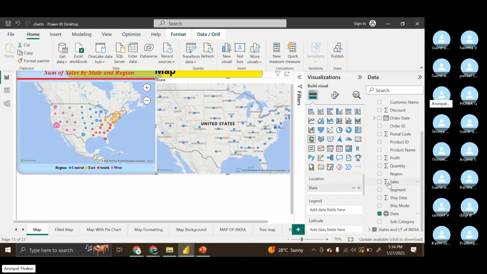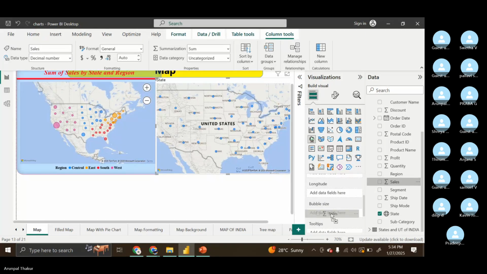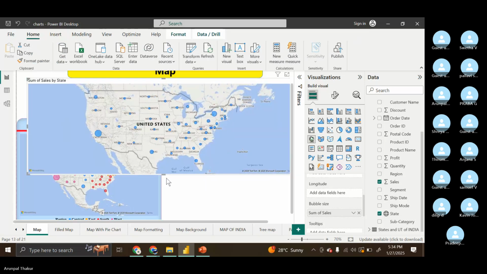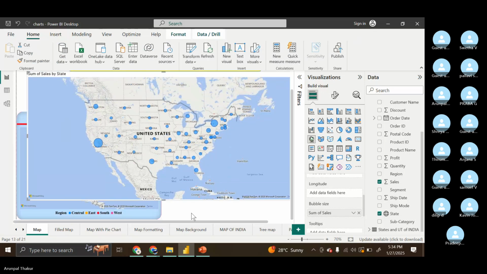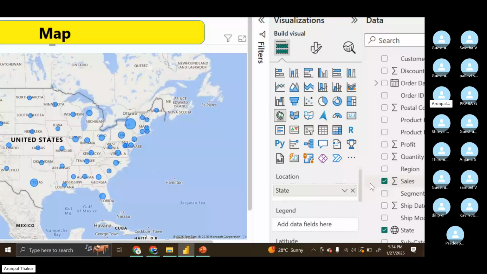Okay, in the bubble size, put sales. In the bubble size, put sales. Done. Unable to see. In the location, put state. In the bubble size, put